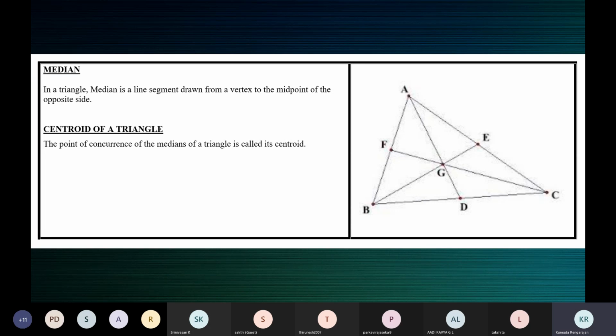The angular bisectors, that is the bisectors of the three angles, also pass through the same point. Just think of the three angles and their bisectors. The angular bisectors also go through the same point, and that point is called the incenter.